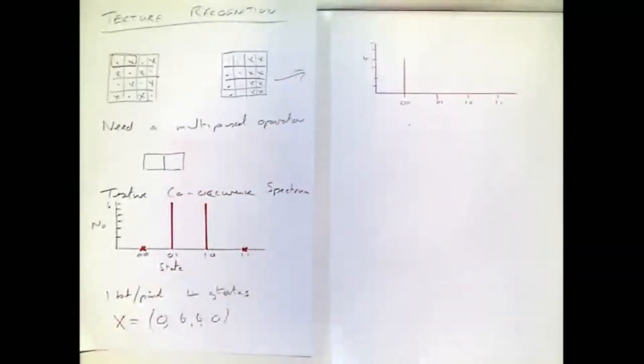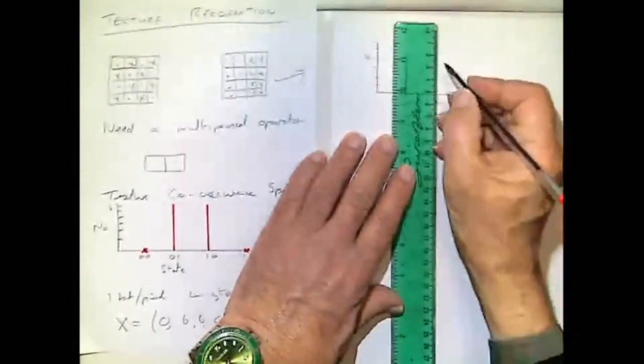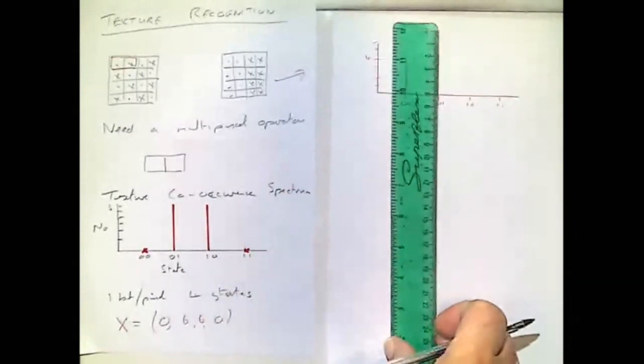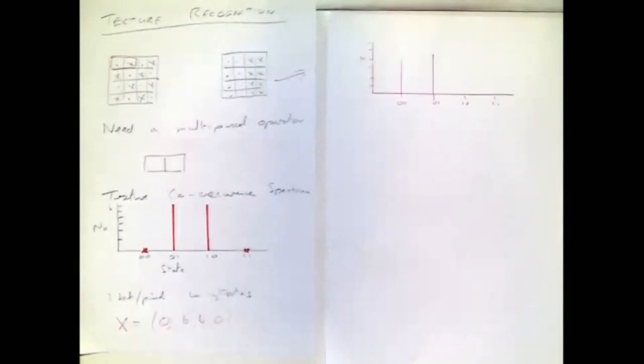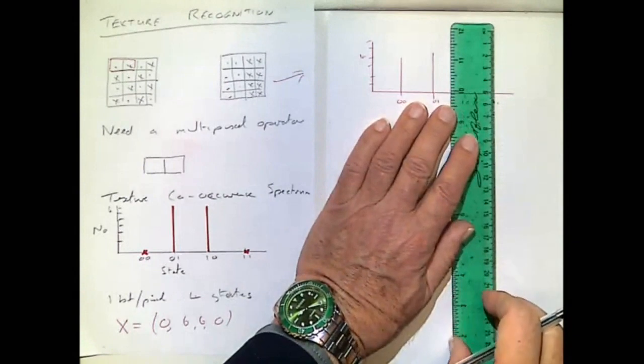How many 0, 1s? 4. How many 1 noughts? 0. How many 1 1s? 4. So it looks like the vector from that texture